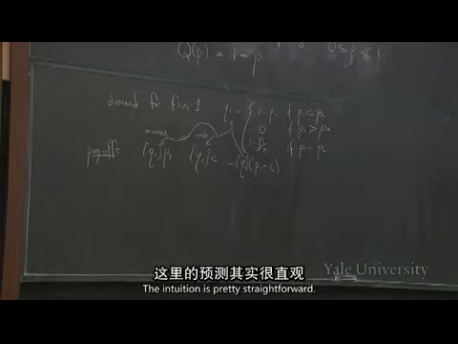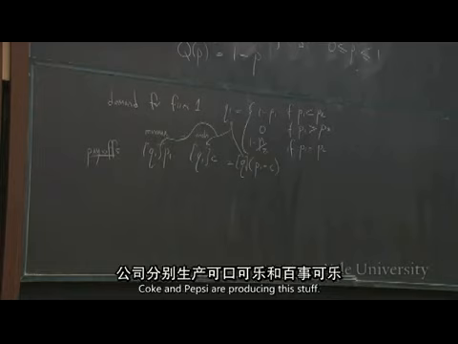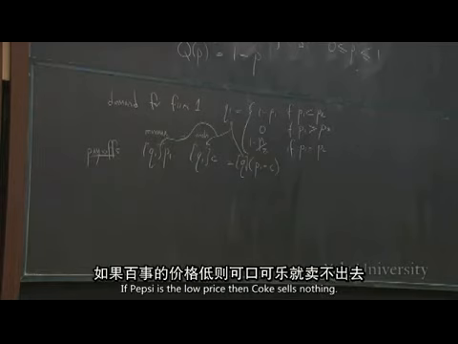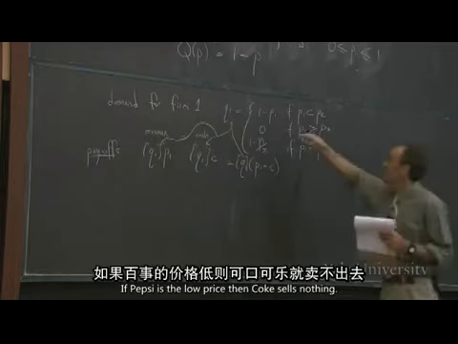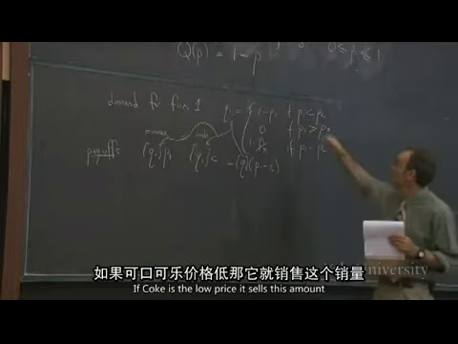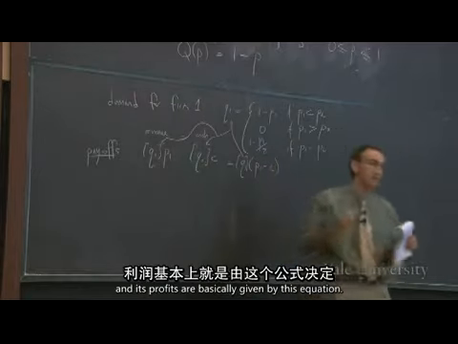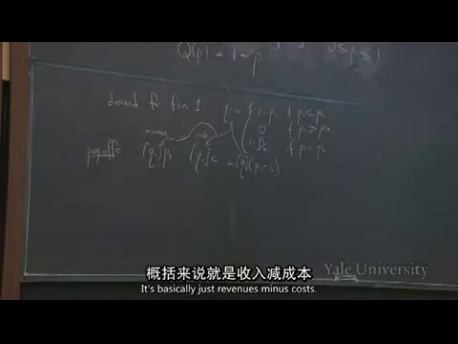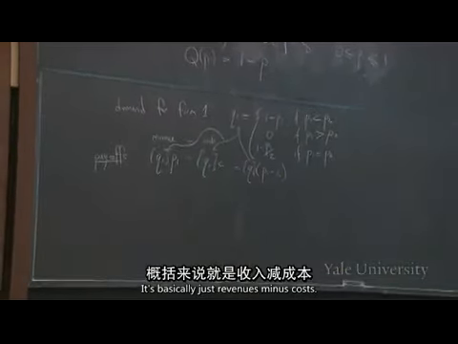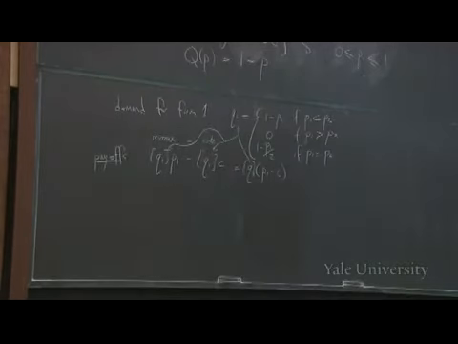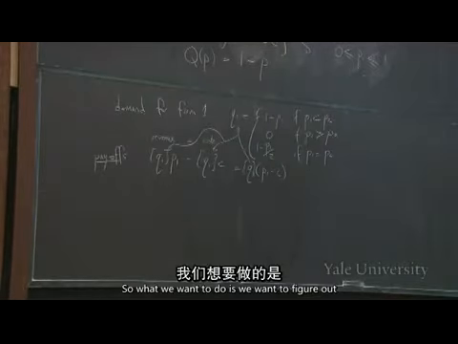Coke and Pepsi are producing this stuff. They're setting prices. If Pepsi is the low price, then Coke sells nothing. If Coke is the low price, it sells this amount, and its profits are basically given by this equation. It's basically just revenues minus costs. All right, so what we want to do is figure out what the Nash equilibrium looks like